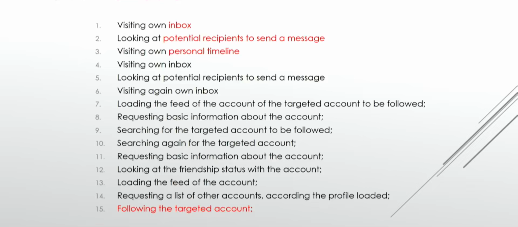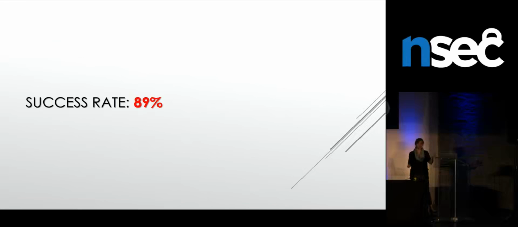And you do all that, and you ensure that you're not going to be flagged when you do follow the targeted account. And that actually worked, because what we found is that by developing those simple scripts, they succeeded about 89% of the time. So 89% of the time, they created a like and a follow, and it wasn't flagged by Instagram. And 11% of the time, it was flagged as spam and signaled as a bot. That's interesting, just because we don't know why in 11% of the time Instagram did target them and block them, but in 89% of the time, they did not.